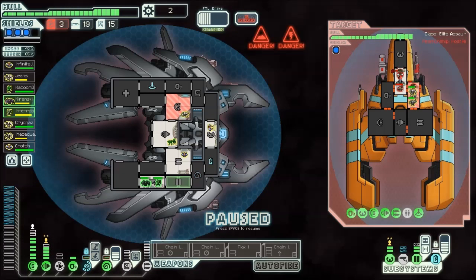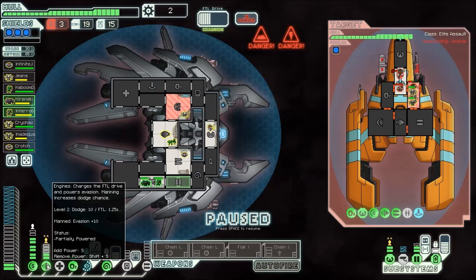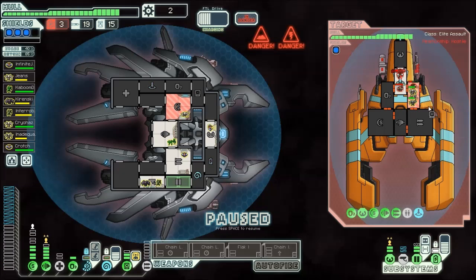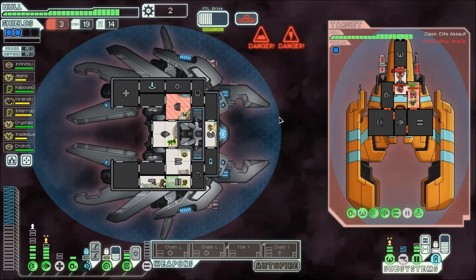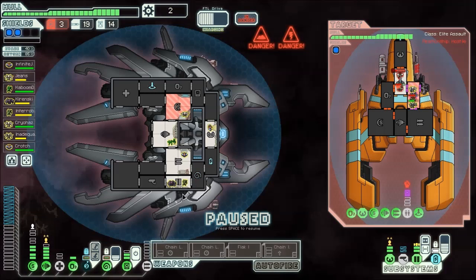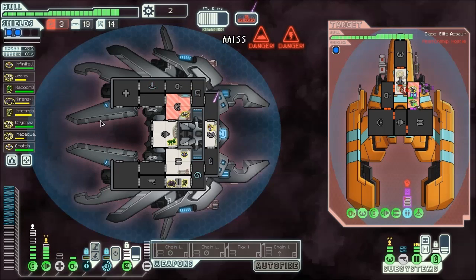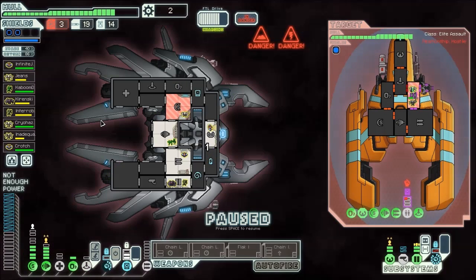I think we should go ahead and fire our hacking at their clone bay, just to make sure that nobody comes back while we're in there sort of cleaning up. We may take a missile hit, but I think it'll be worth it. Okay, it missed us. We have good engines, and so that's coming in handy. We did get hit in our battery there, which is not good